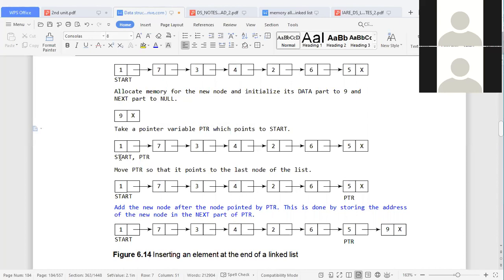Then next, we initialize a pointer which initially points at start, that means the first node of the linked list, and we move until the end node is reached. The pointer stops where the end node is present. Then we change the address field of the node where the pointer points to the new node. Then the new node becomes the last node of the linked list. Hope all the students have understood this.